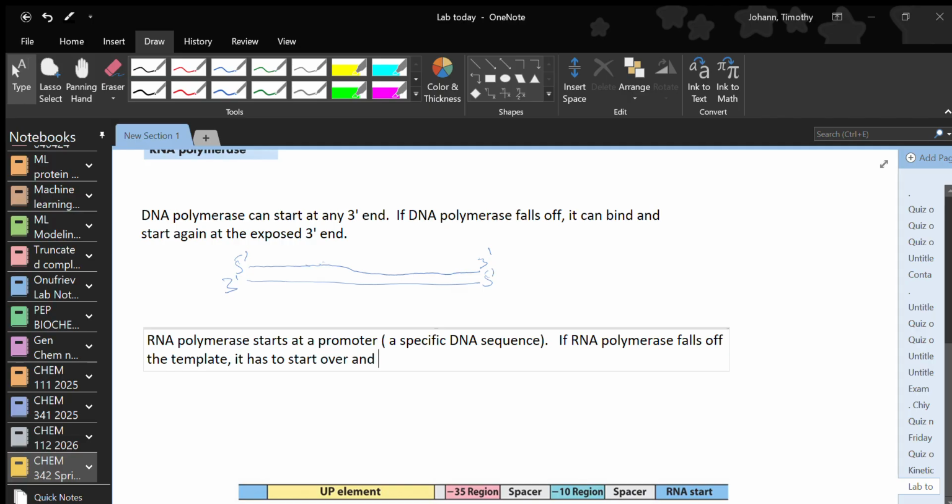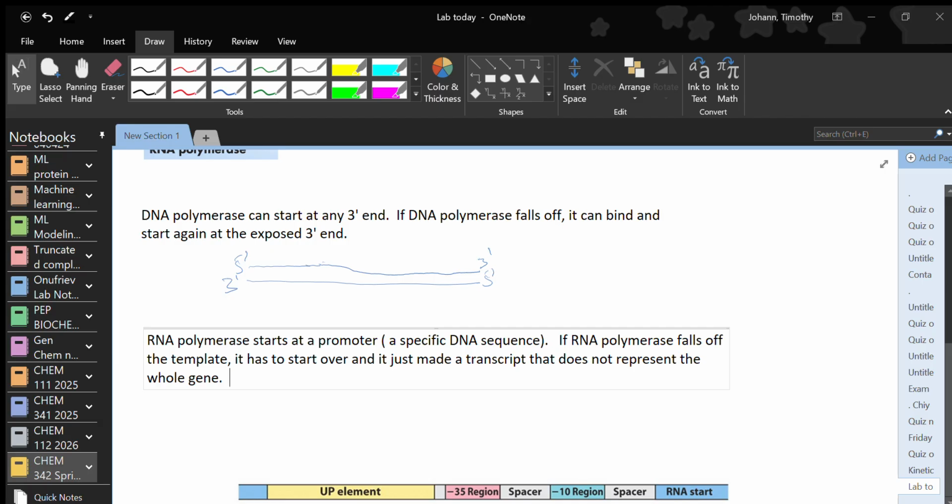And it just made a transcript that was not the full gene. All right, so it's made an aborted product. If that thing gets translated, and it could, it's just missing the end, it's missing the stop sequence,